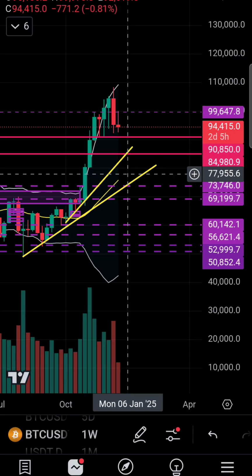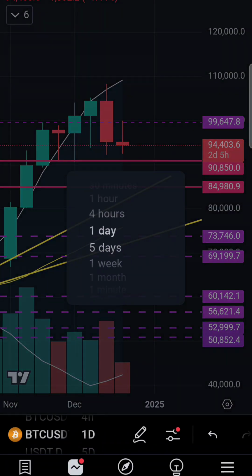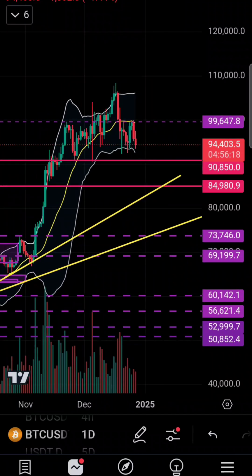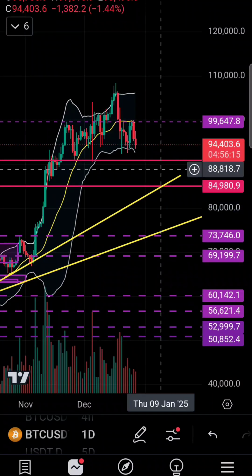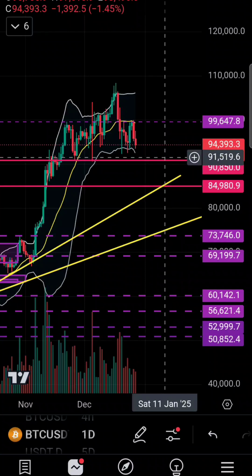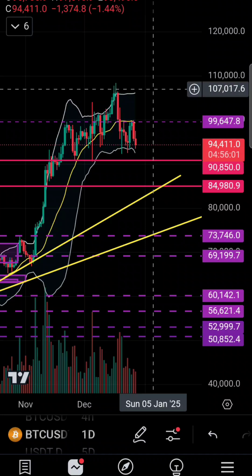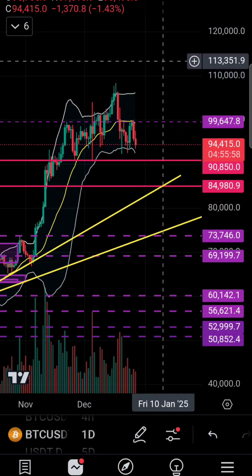I mean, that's just what I do. In my opinion, what I think would happen when price comes down to this daily order block, and when I'm DCAing into a trade, let's say I have 20% of my bag and I dropped it right here at this order block, at this key area, and price just absolutely rips. Takes out the 99 to 100K right here. Takes out 106, 108. And we keep going.